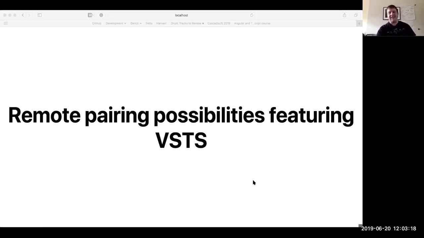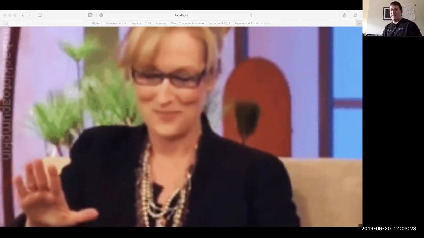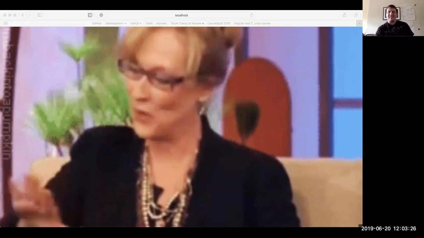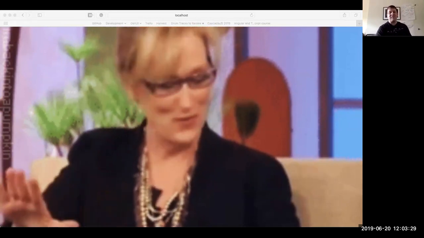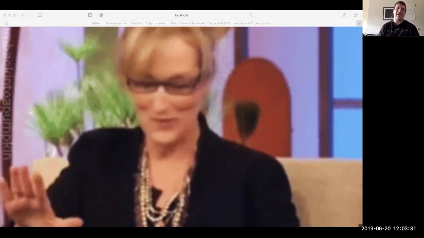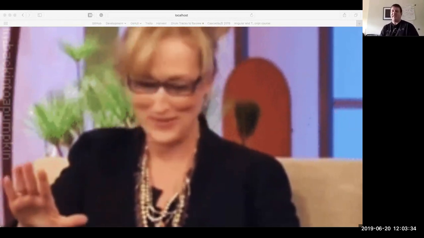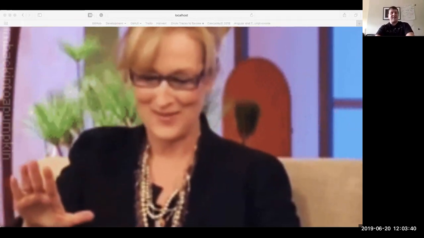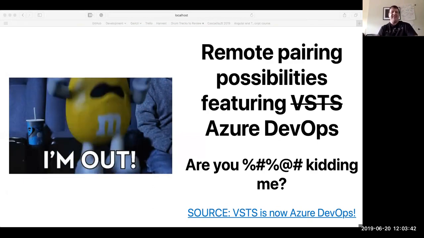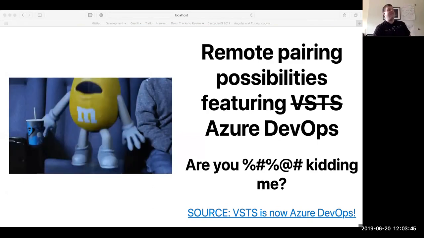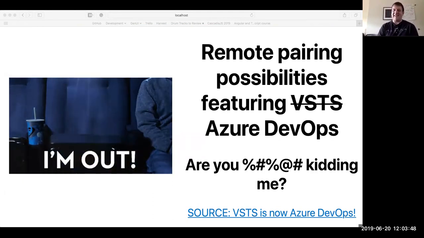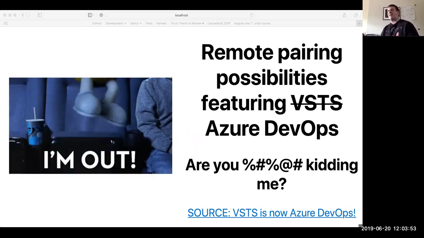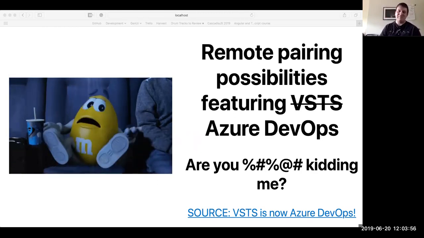The first thing that I'll mention is that I have to already start off with a mea culpa about the title here. As it turns out, the whole concept of Visual Studio Team Services, or VSTS, is no longer a thing. In fact, it's actually Azure DevOps. So that led me to change the title a bit. And if you mention Azure, you might get some mixed reactions in the room, but I'm going to do my best to not only make that part of the presentation fairly painless and hopefully enjoyable,